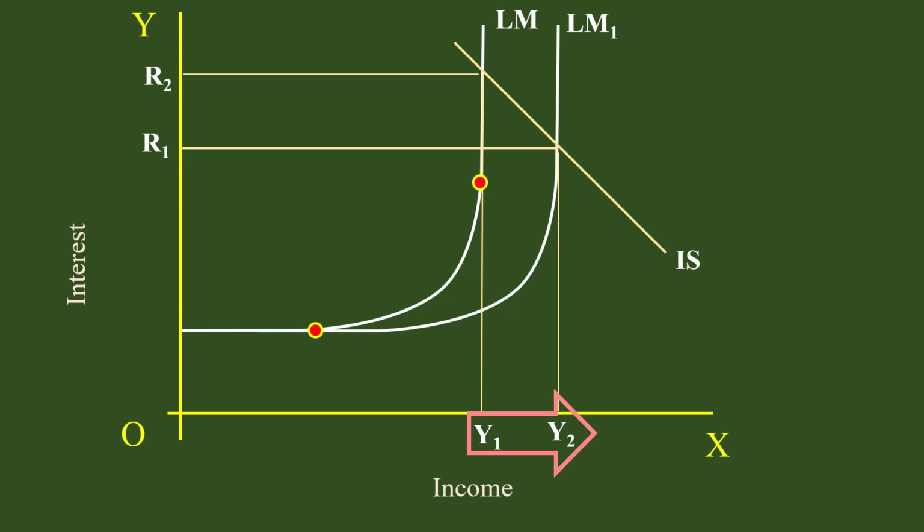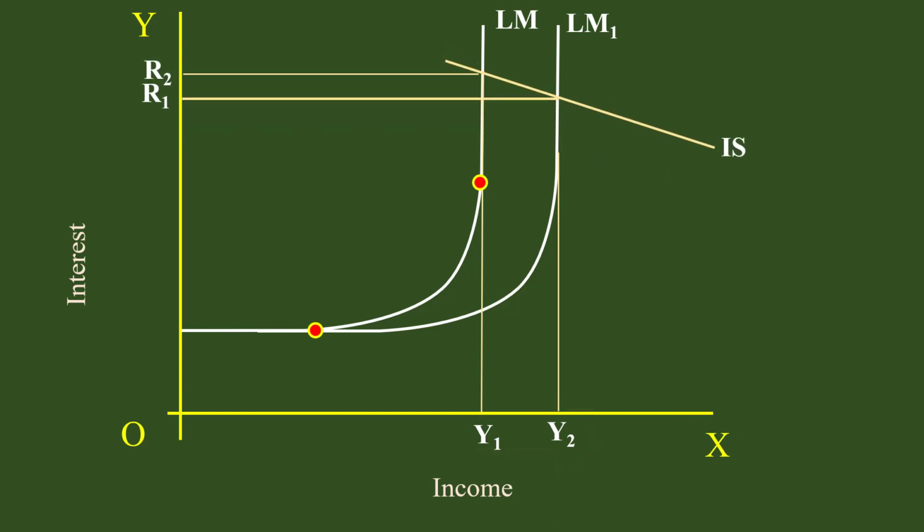Income increases by multiplier times the increased money supply. The income increase takes place to the full extent. Monetary policy is totally effective. In the given example, the IS curve is relatively inelastic. Our result holds good even if the IS curve is relatively elastic. Yes, there is no change in the increase in income. So, our conclusion is that monetary policy is totally effective in the classical range.